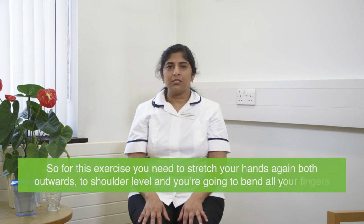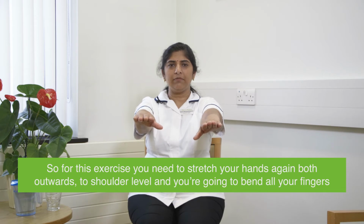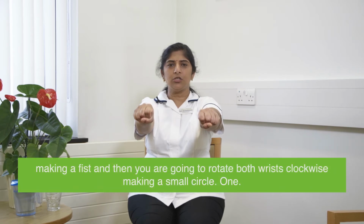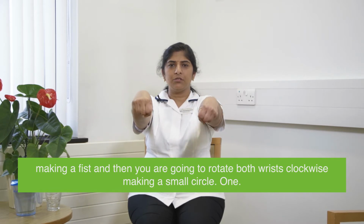So for this exercise, you need to stretch your hands again both outward to your shoulder level, and you're going to bend all your fingers making a fist, and then you're going to rotate both wrists clockwise making a small circle. 1, 2,